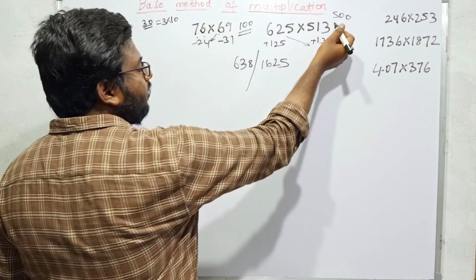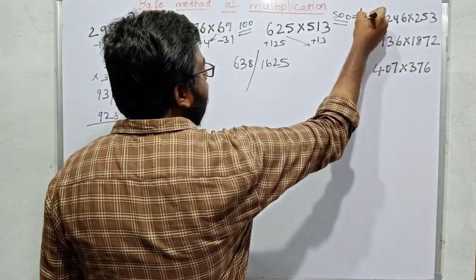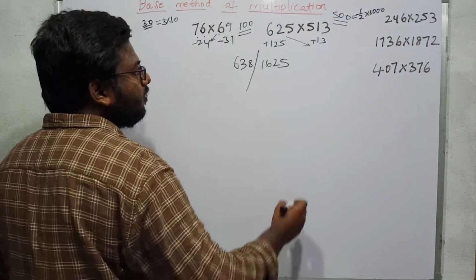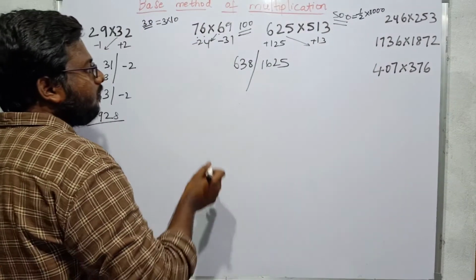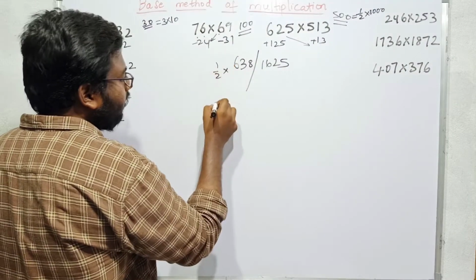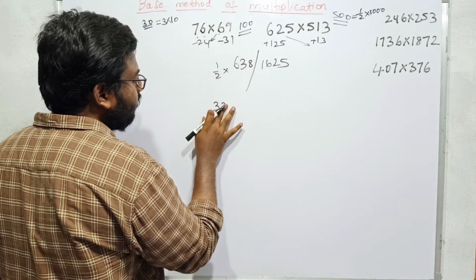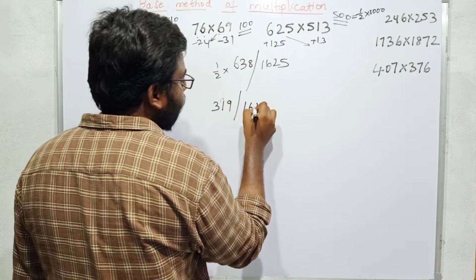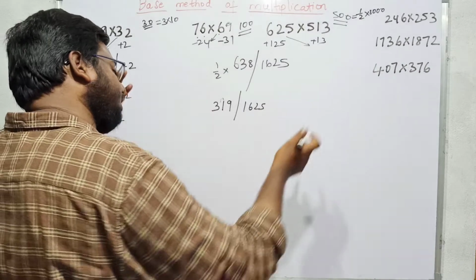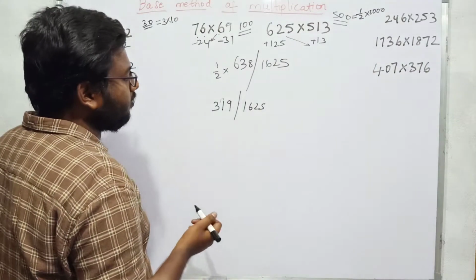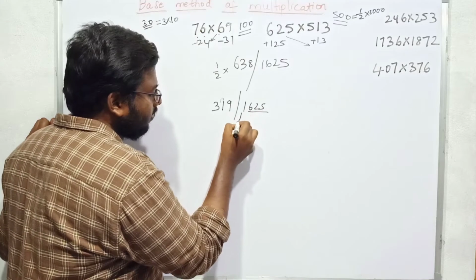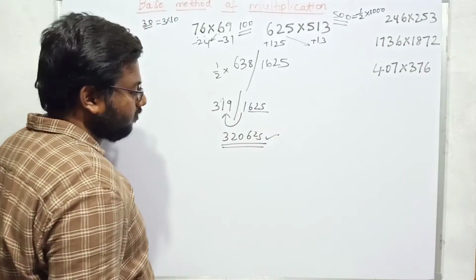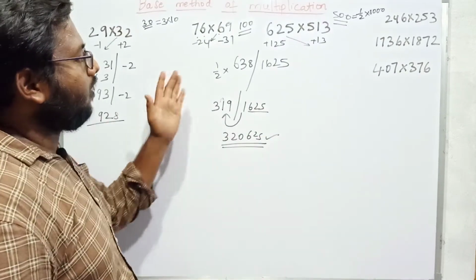So here we are calculating on base number 500. That means I have to write the multiplication factor. I will take the multiplication factor as half, because I can calculate this on decimal number 1000. So I have to multiply this with half. What will I get? 32, 31 is 62 and 9, 319 beside 1625. We are writing 319 beside 1625, which means, since this is calculated on base number 1000, I can permit only 3 digits. So this will be added here. This will be 320625.